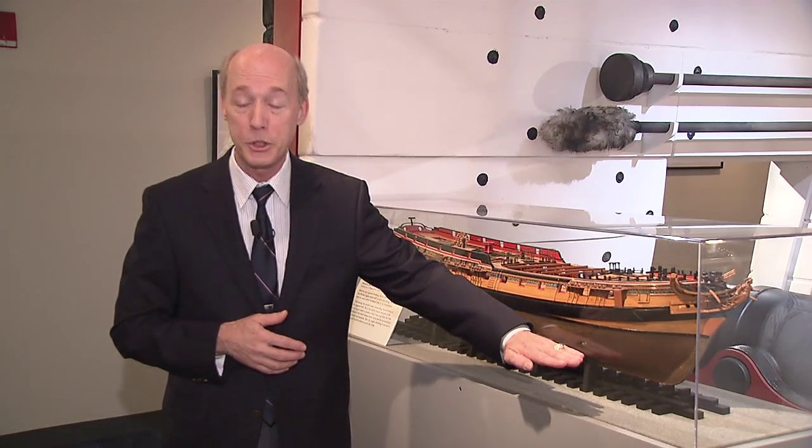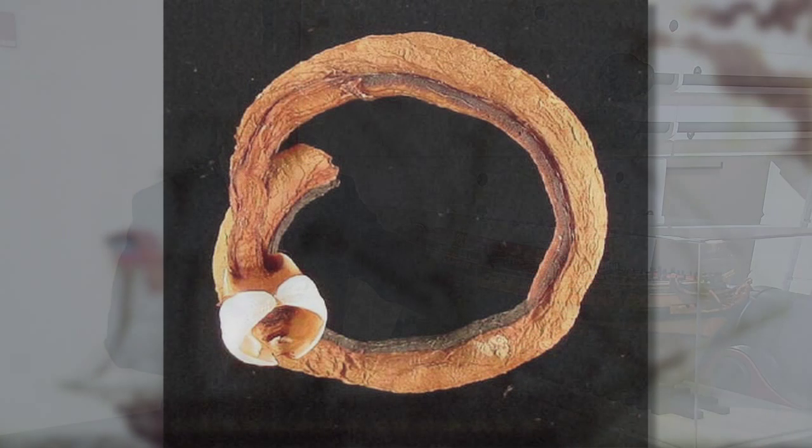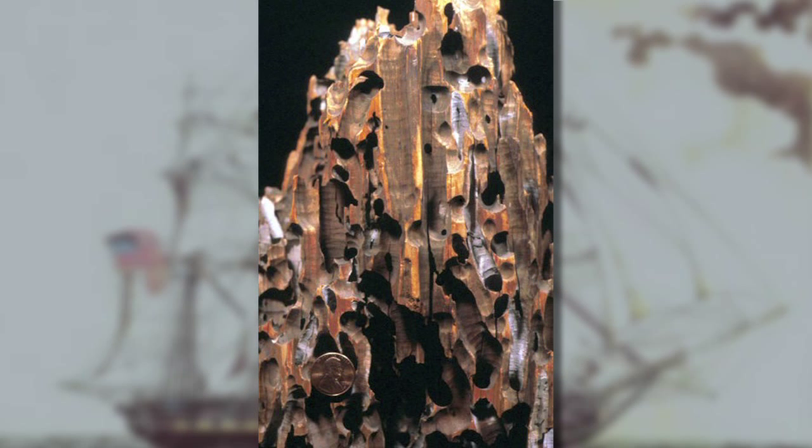What did the copper do? It protected the underwater portion of a ship's hull from two things: from barnacles and seaweed, which slowed the ship down, and from the infamous teredo worm, which ate the ship up in tropical waters. They're still there today, and if you leave a wooden boat down in the Caribbean over a season, you'll come back and you won't have any boat left because the teredo worms will eat it all up. Well, the copper prevented that from happening, did it very successfully, and again, this was copied by every other